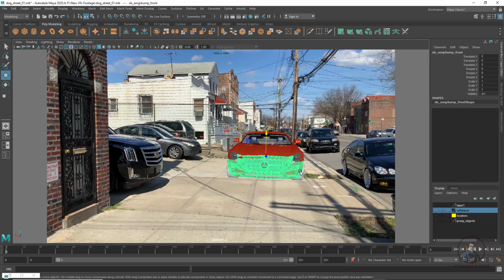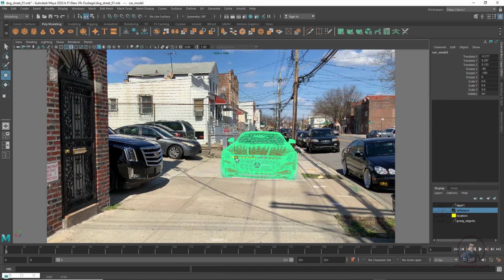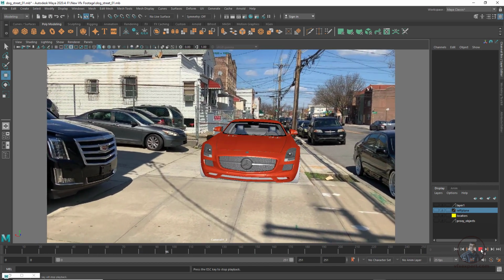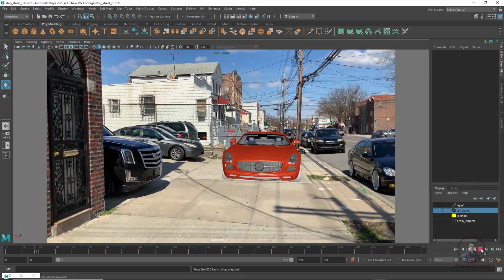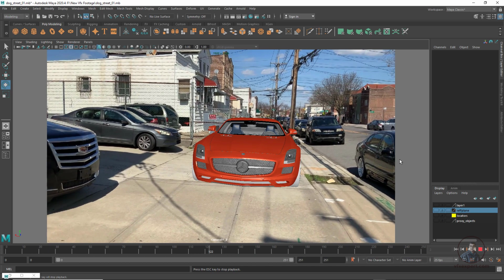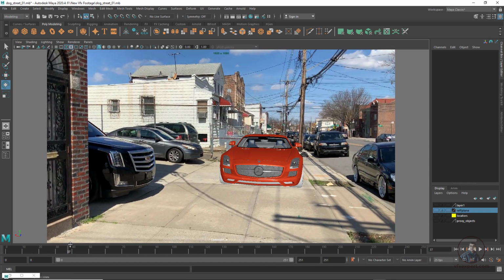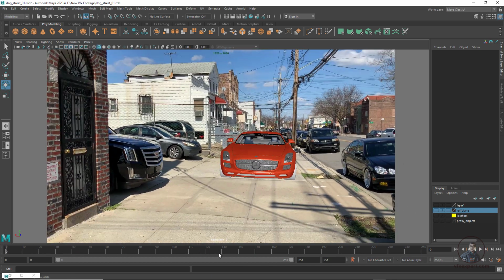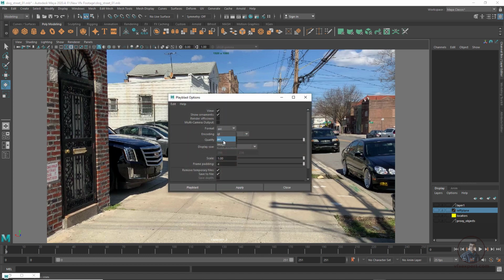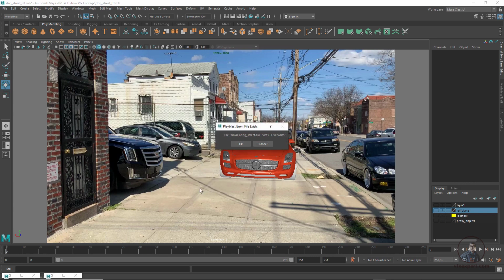So let me select this one, up arrow. Now just place it here. So now finally play and check this output here. So this is looking good here. Even if you want to create a playblast here for testing our scene, then right click here, Playblast options. Then from here I have selected AVI, then quality full, and also scale value full. Then finally create a playblast.